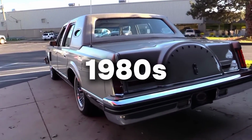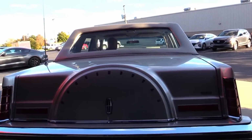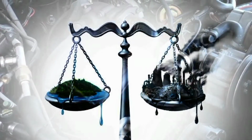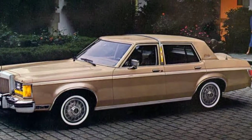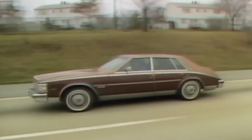In the 1980s, the American car scene underwent a remarkable transformation. With the aftermath of the 1970s fuel crisis and new environmental regulations, car manufacturers shifted their focus towards smaller, more fuel-efficient vehicles. However, amidst this wave of change, a distinct niche emerged in the market, one of luxury and cutting-edge